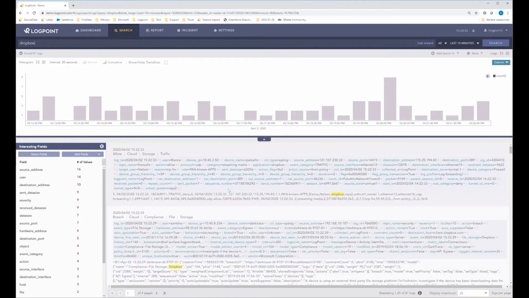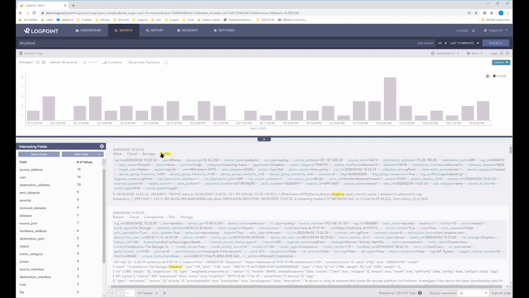So I explained that with the normalization, we are creating those key value pairs to be able to work with these logs. And then we are doing something in addition. We are putting labels on that log. And those labels are characterizing what this log is about. So even if, after reading all those key value pairs, you have no idea what it is really about, you will be able to understand it with those labels. So if I should tell you what it means, it says that there is traffic that allowed the use of